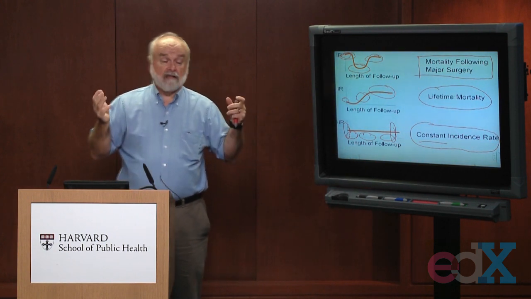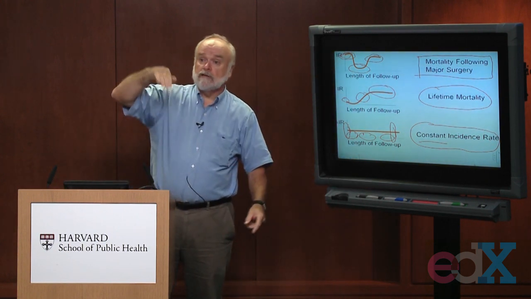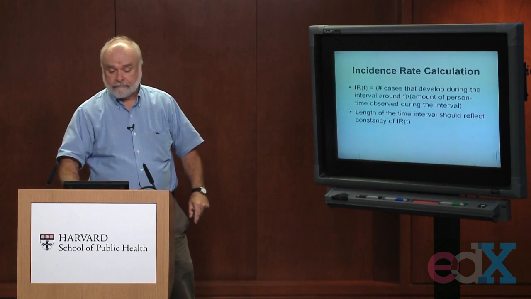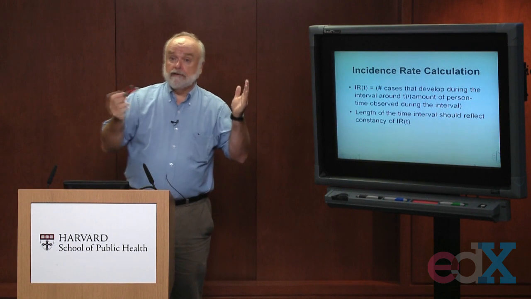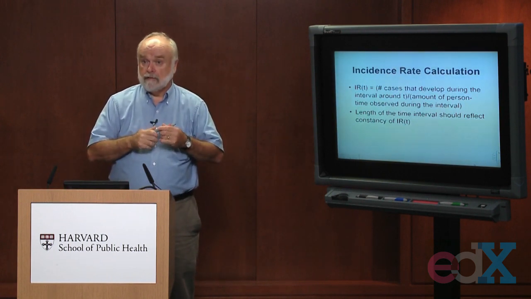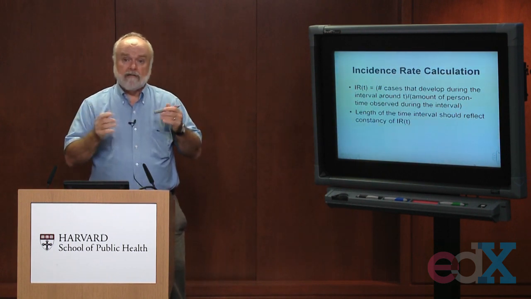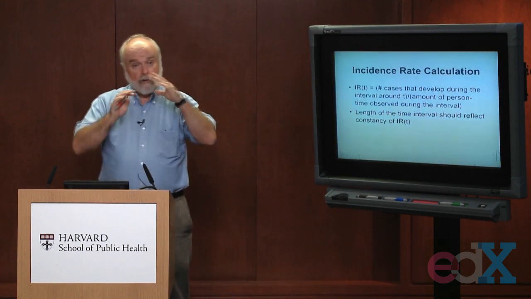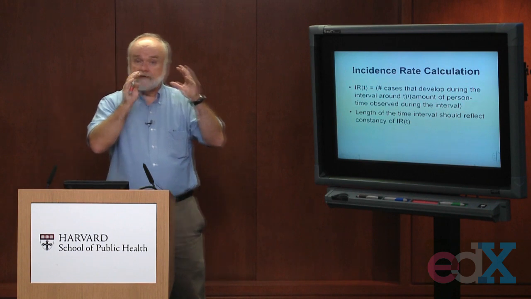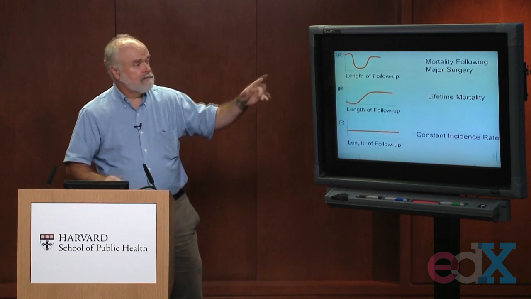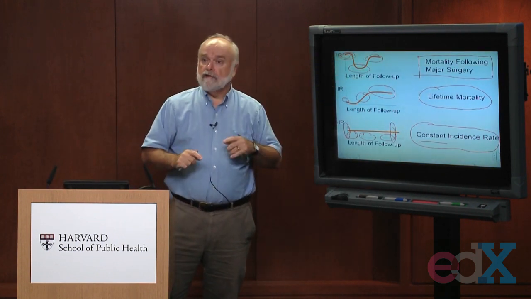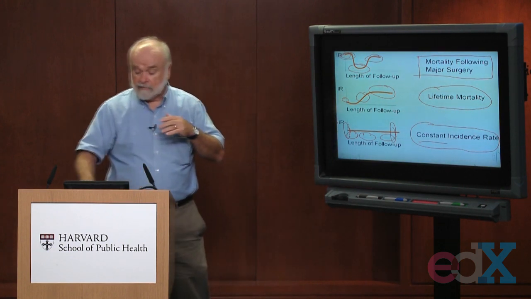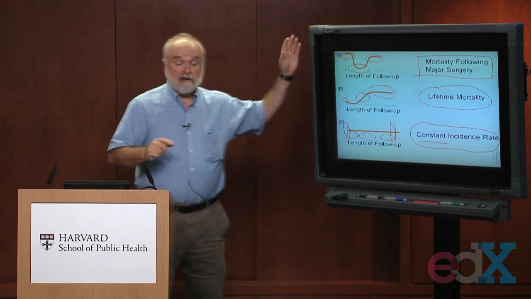It makes less sense when we have an incidence rate function that looks like a roller coaster. In that case, we're essentially coming up with an average. So how are we going to calculate incidence rates numerically? Well, it depends on whether we believe the incidence rate function is constant or not. If we don't think it's constant, and think of that first example, the example of those people undergoing a severe surgery which has a certain high risk of mortality associated with it, the best way to describe the incidence rate